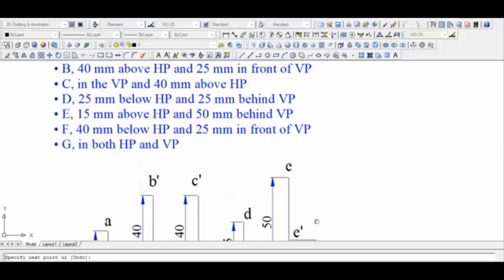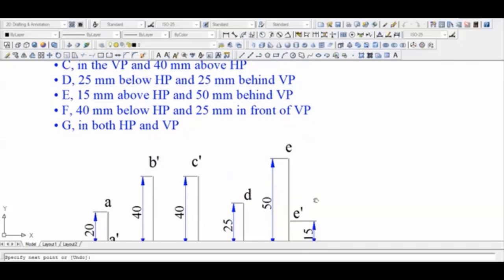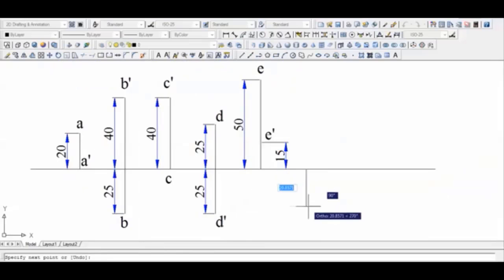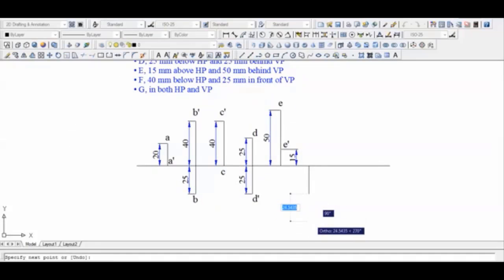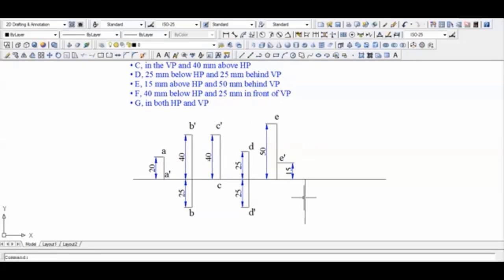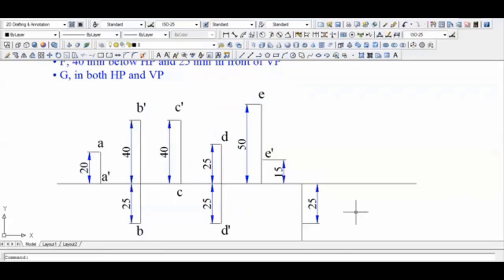H and D, what is the value of H? H's value is 40, value of D is 25. All right, where is the point? Well, that's it folks, and this distance over here is 25. So let me give it the dimensions. This is 25 and this distance